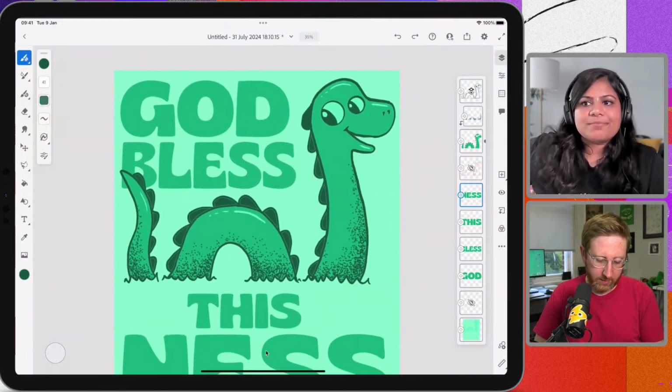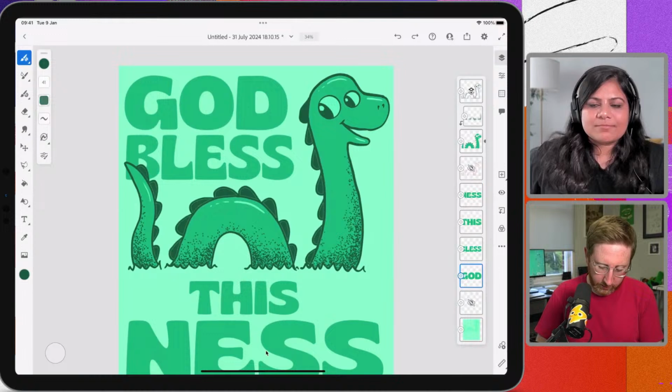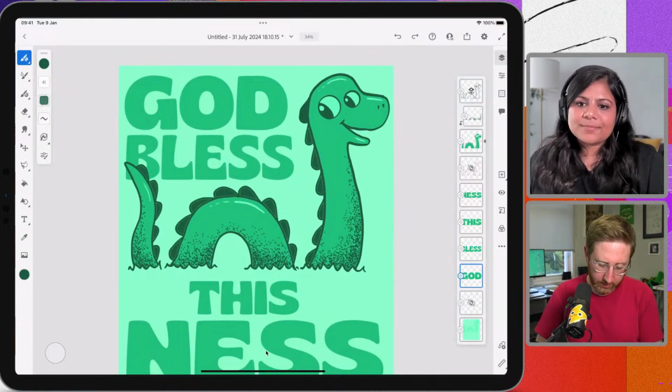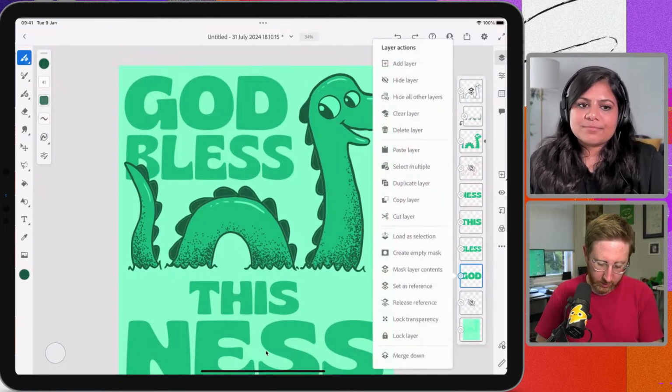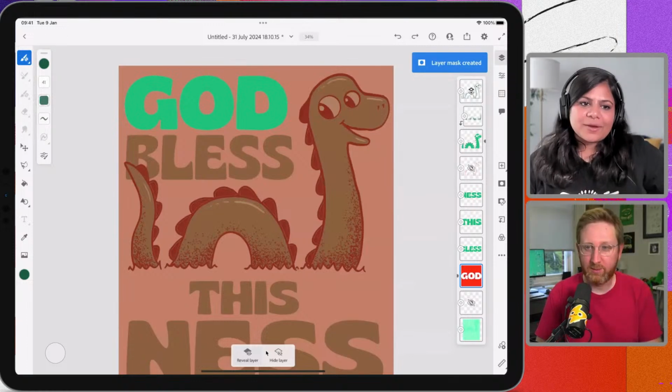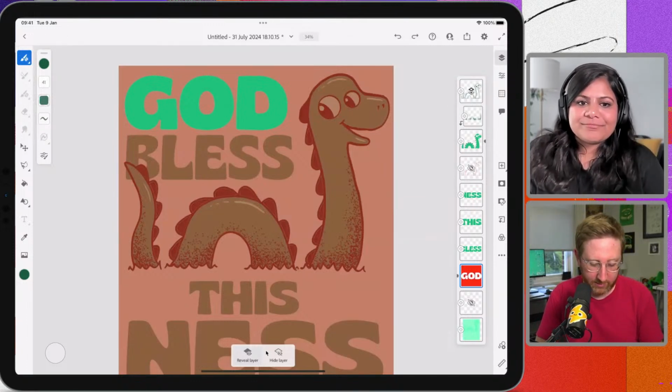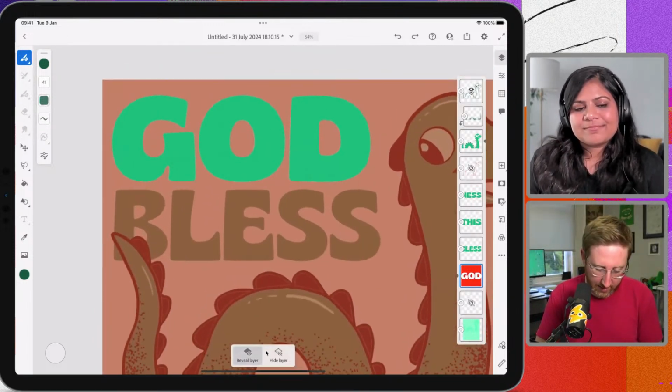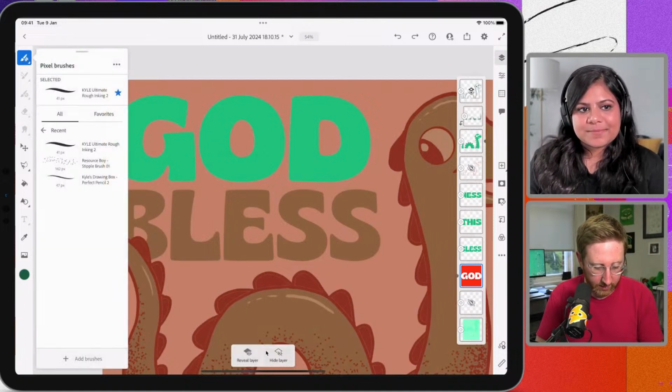So what I'm going to do is head over and, yeah, what am I going to do? I think we'll make a mask here for this layer for the first part of the text. And then I am going to use the stipple brush again.